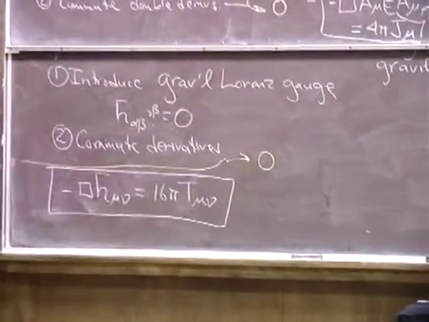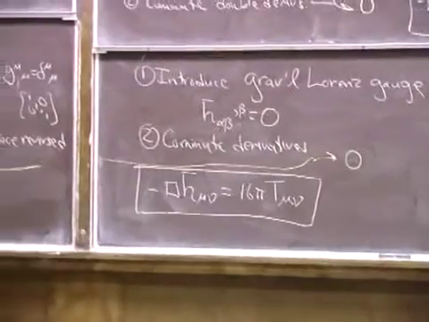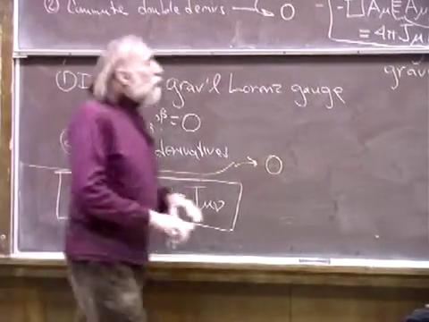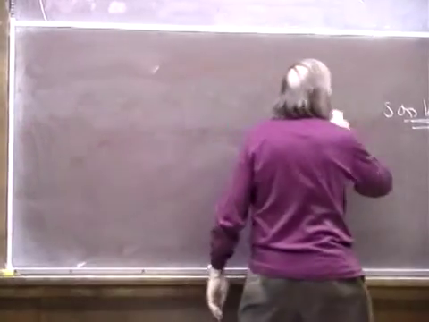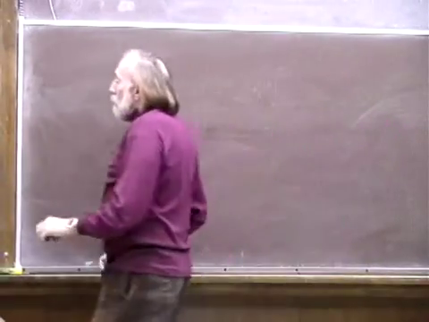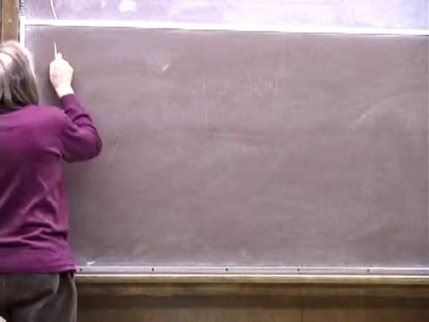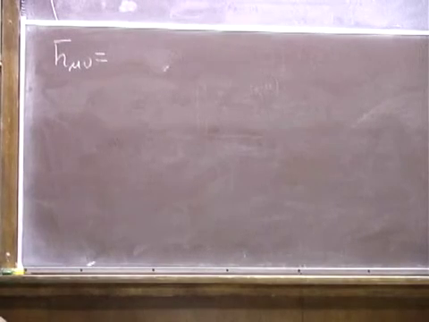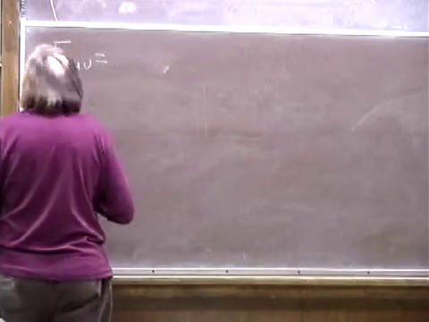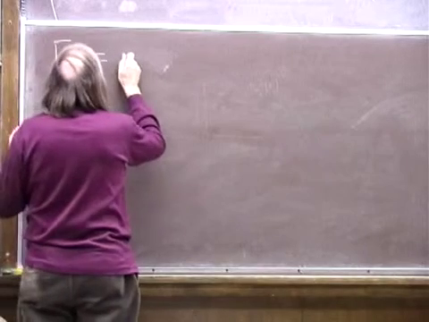But aside from that, everything goes through just fine. And so then, appealing to our experience with electromagnetic theory, we know how to solve this wave equation. We can solve the wave equation using the standard Green's function, which tells us that h bar mu nu is equal to